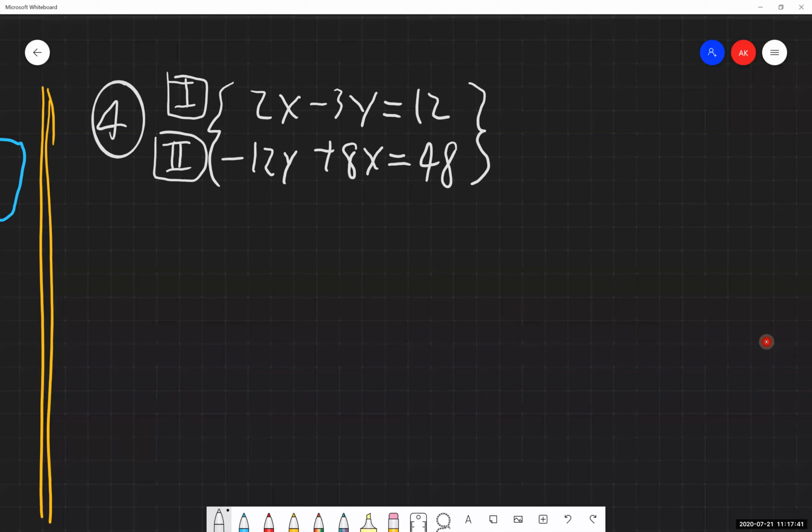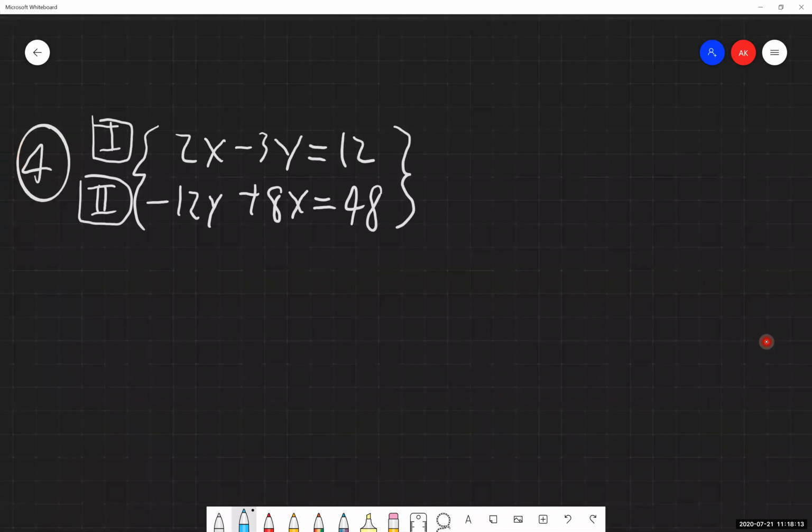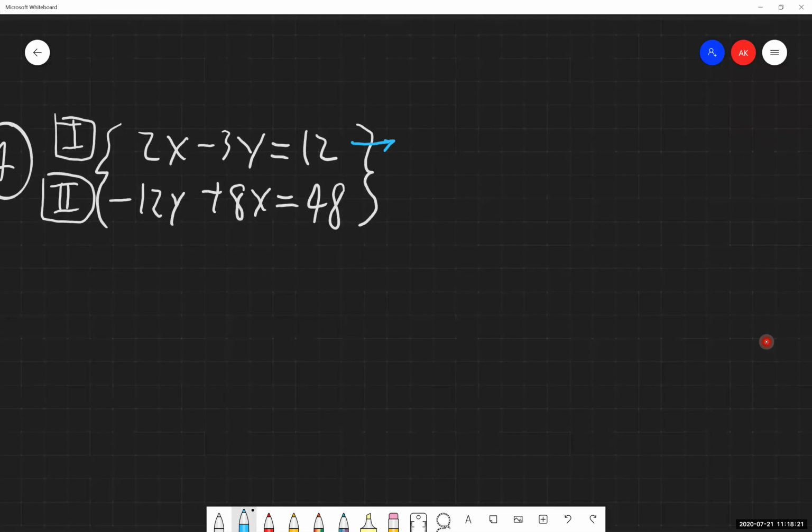So again, we are going to be solving, following our process, solve one of the equations for either variable. So both of these instances, we have not explicitly been given x equals a number, or x equals something, or y equals something. So again, we need to solve one of these equations for one of these variables. Doesn't matter which one we choose, just need to pick one and move forward with it. So for the sake of it, I'm going to choose the first problem. I'm going to solve that first equation for y. So to do that first, I'm going to subtract 2x from both sides.